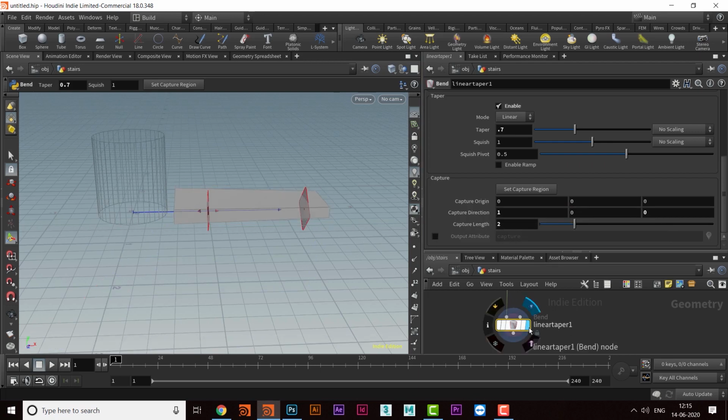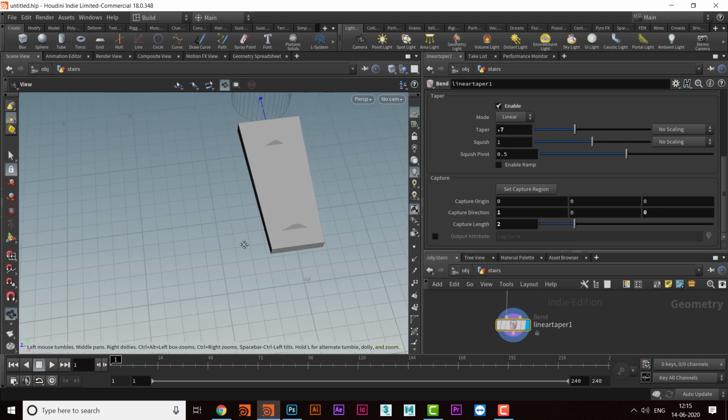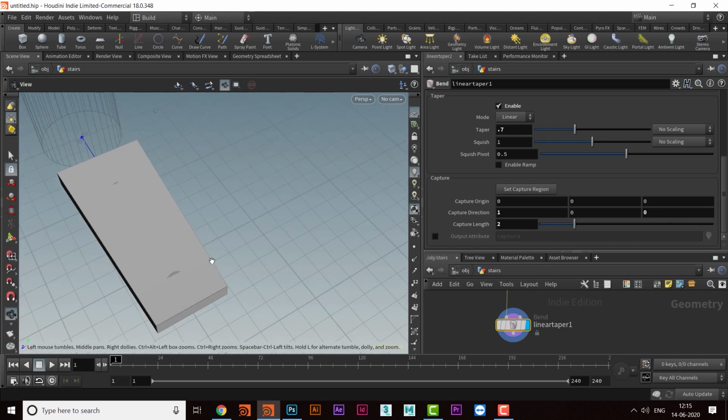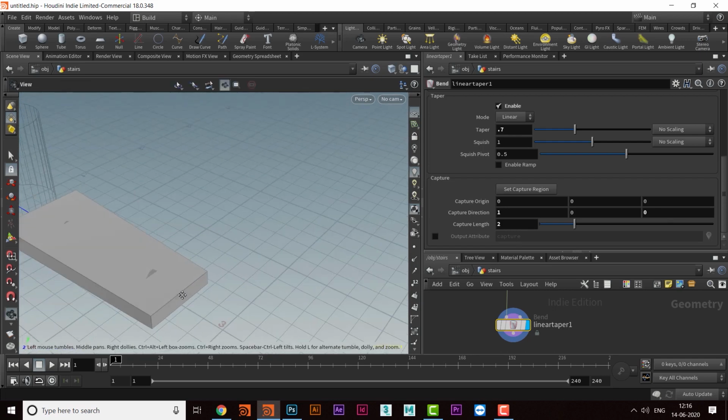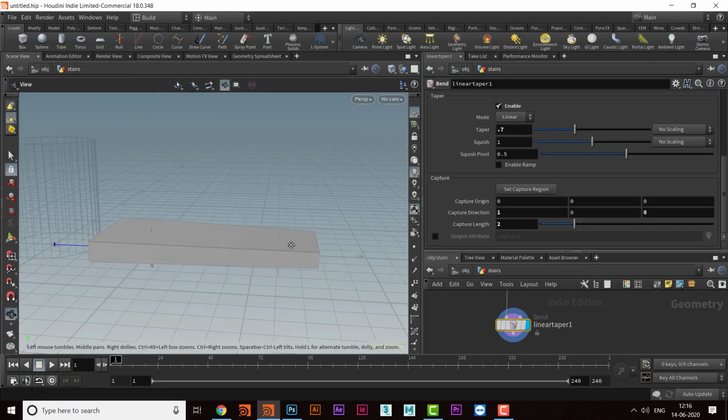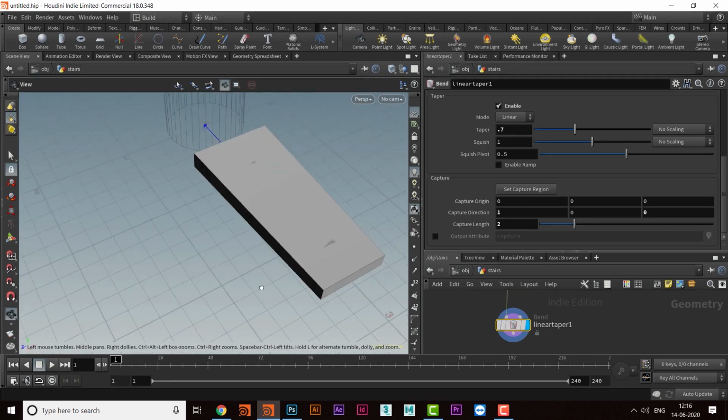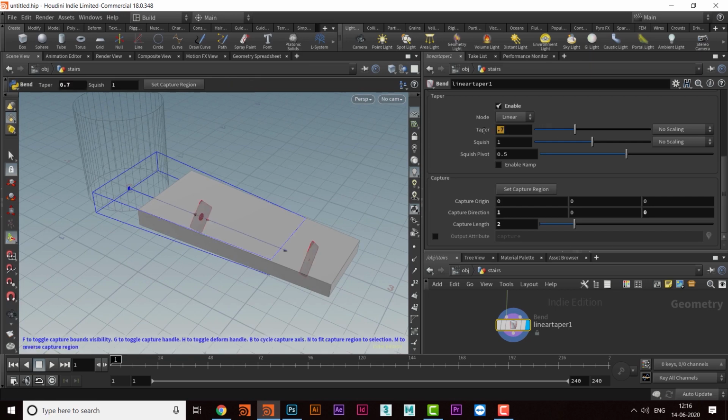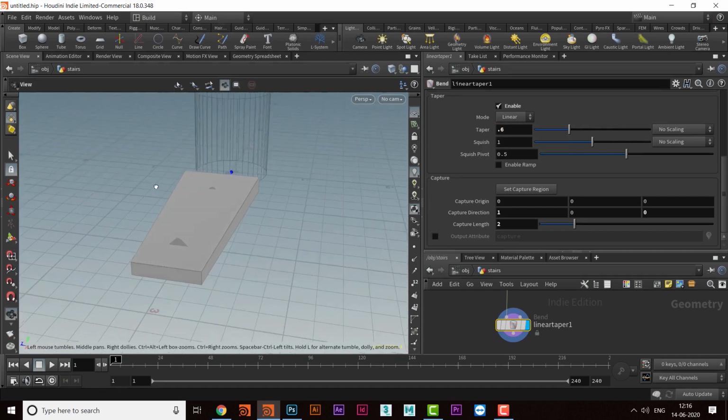Sorry. Okay, so this will be just a little taper. So this value is here, 0.7 or 0.8, no, 0.6, like that.